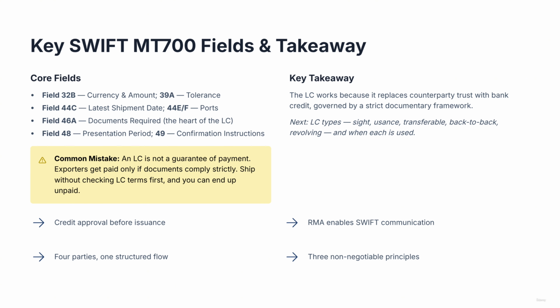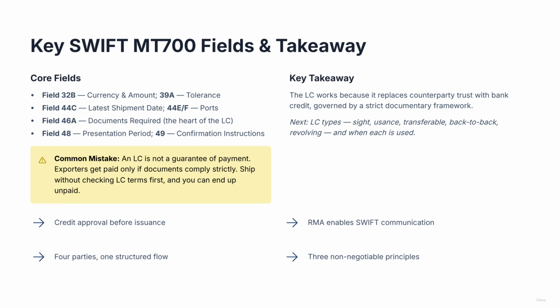When an LC arrives via SWIFT, it is structured in numbered fields. Field 20 is the documentary credit number. Field 31C is the date of issue. Field 31D is the expiry date and place. Field 32B is the currency and amount. Field 39A sets the tolerance, typically plus or minus 5%. Field 41 specifies where the LC is available and by what payment method. Fields 43P and 43T state whether partial shipments and